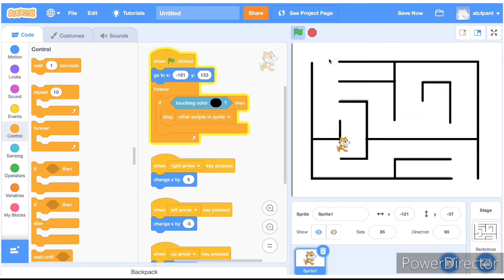So you try making a similar maze game using conditional statements, Boolean expression, and a forever loop. And for the maze, you can be very creative. I have just made a very simple maze. Your maze could be up in the sky and you could detect collisions with stars, or it could be in an ocean and you could detect collision with fishes or something like that. So use your imagination, make